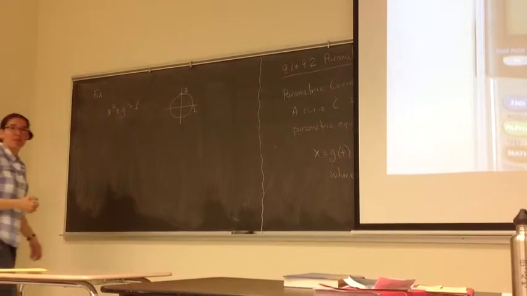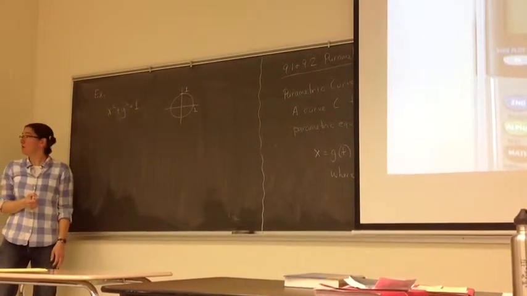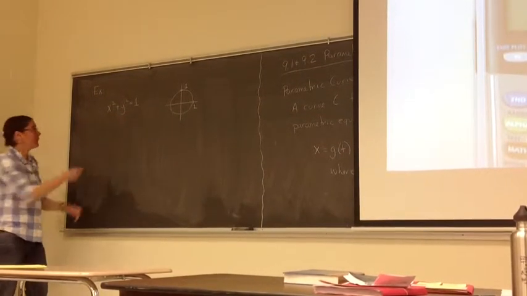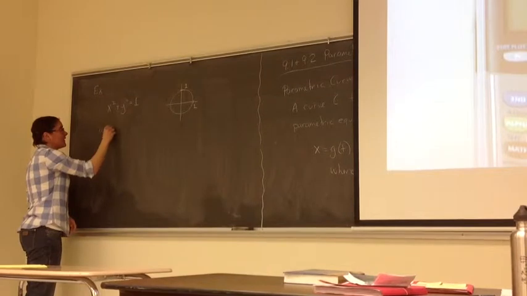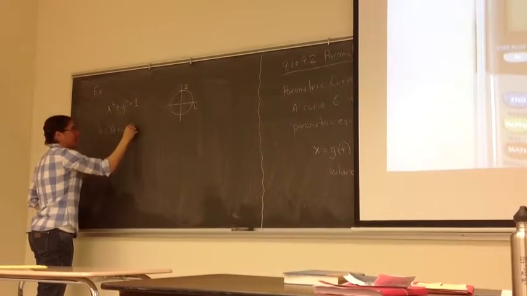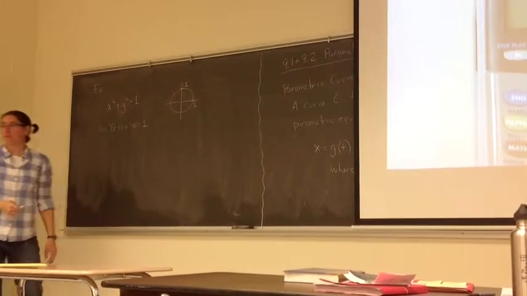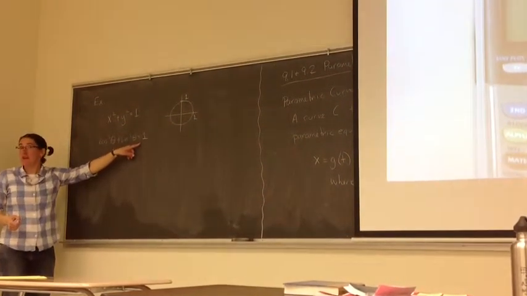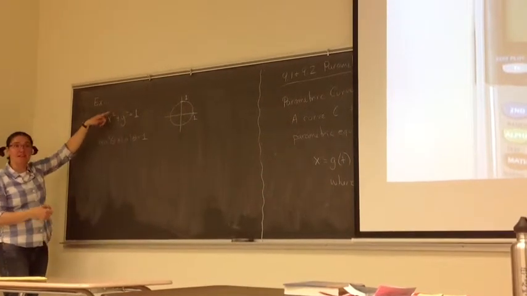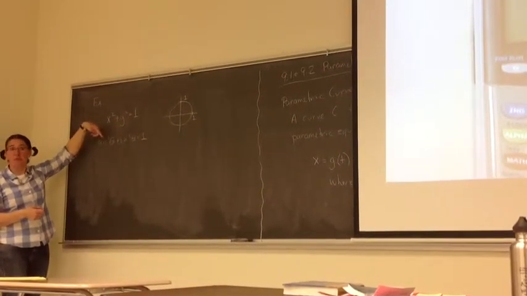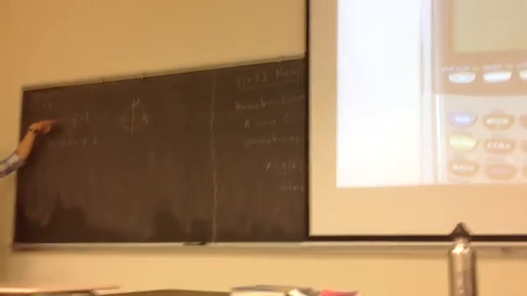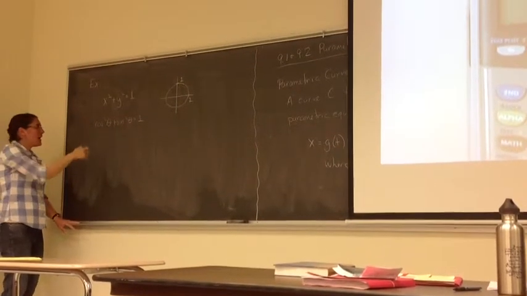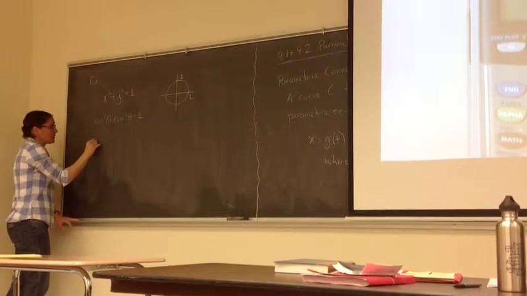Now, there just so happens to be a fabulously cool trig identity that is very closely related to the unit circle, and that is cosine squared theta plus sine squared theta equals 1. Okay, this is the coolest trig identity ever. If you look at these, there are a lot of similarities between the two equations written up here. By staring at them for a little while, I can come up with parametric equations